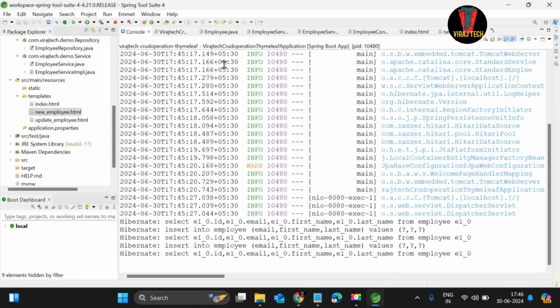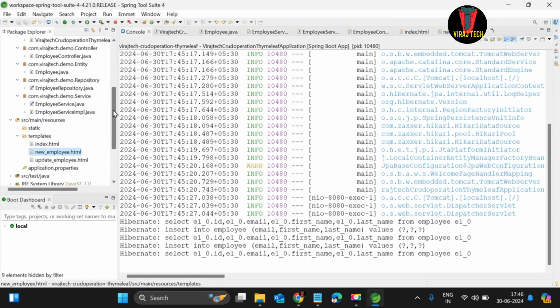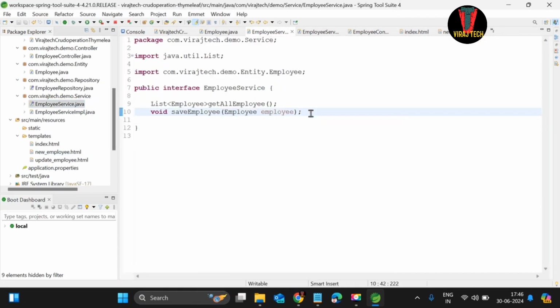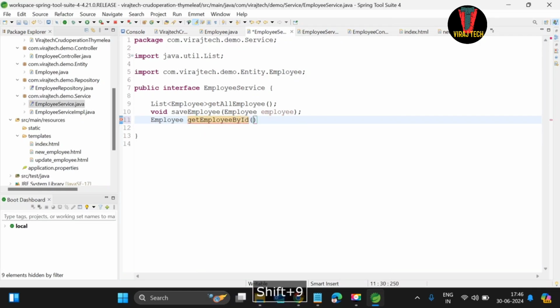Now again open STS and move to our EmployeeService interface, and here we will create another abstract method as List<Employee>, and Employee getEmployeeById. Here you will use int id;